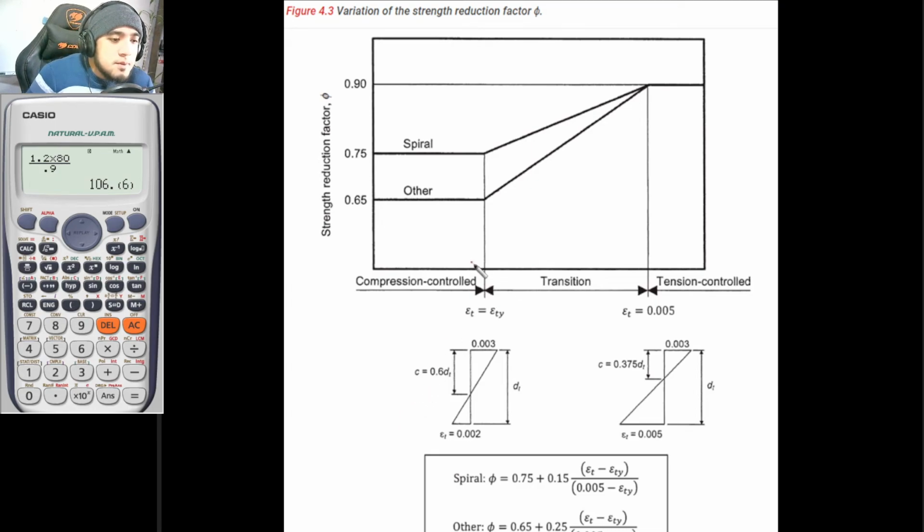Anyway, so for example that your concrete is to be compression controlled. So if it is to be a spiral member, then you will be using 0.75. And for others, you will be using 0.65. And if it is to be tension controlled, so if your reinforced concrete section is to be tension controlled, which is to be a much better control factor, you will be using 0.9. And as for the transition part, kapag nandito sa part na to, you will be using this formula